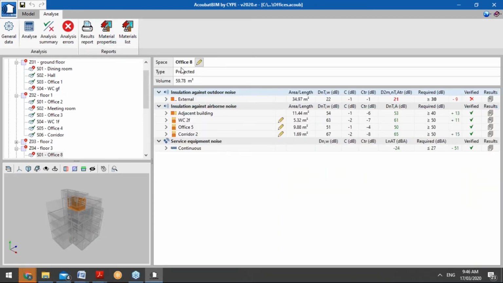And that's a little bit about our AcoubatBIM by CYPE. So I'm going to take questions now for the last 10 minutes or so, if you guys wanted any clarification on the solution, but this is just a brief example, a brief overview of how a particular project would be implemented or